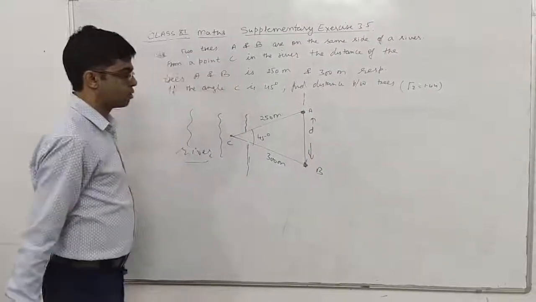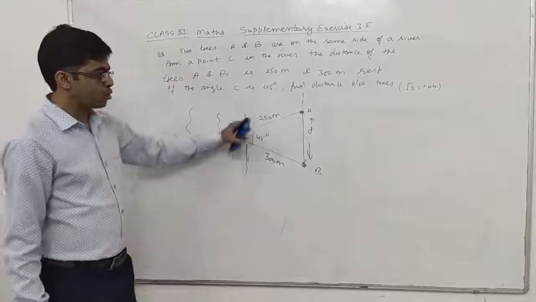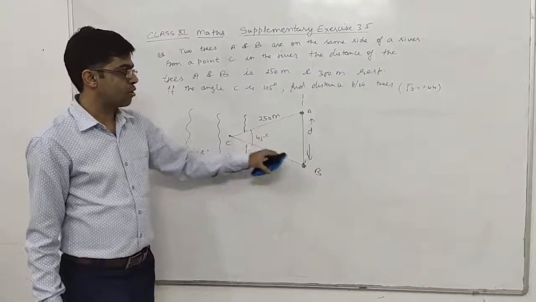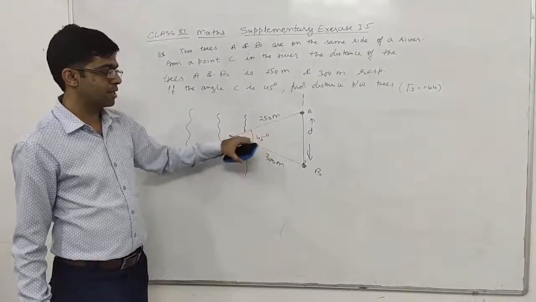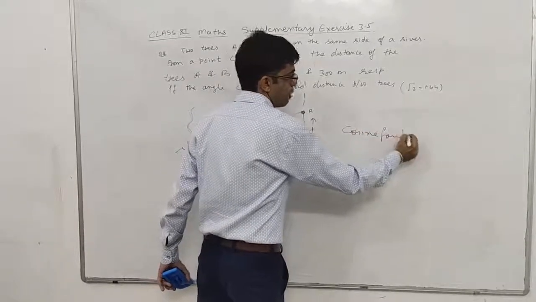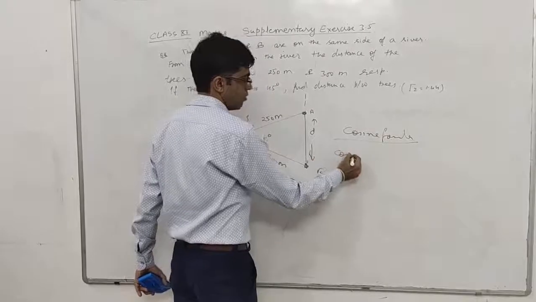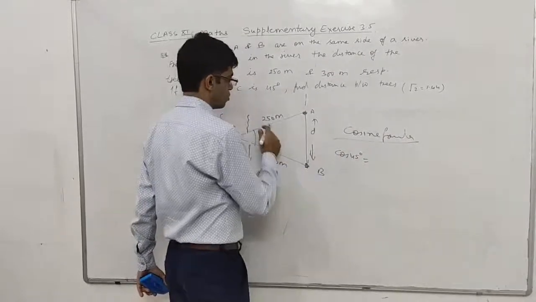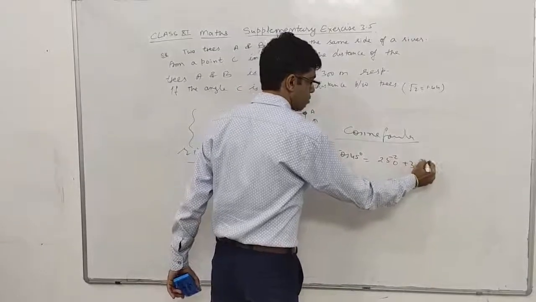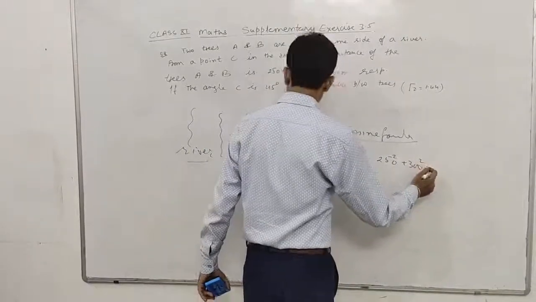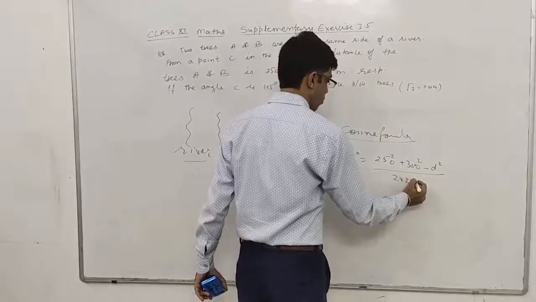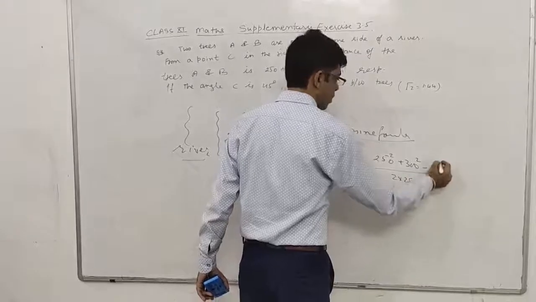So again we will use the cosine law. Why? Because two sides are given, one is not given, the remaining two angles are not given, and the angle between these two sides is given. So it is better to use the cosine formula. So cosine formula is cos C equals 250 square plus 300 square minus D square upon 2 into 250 into 300. On solving